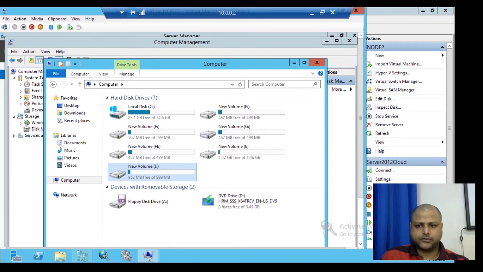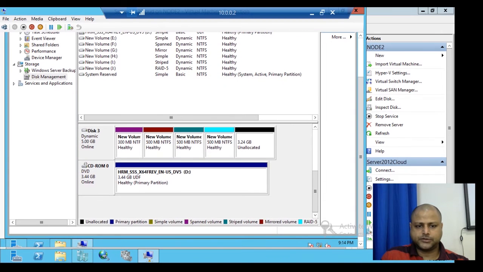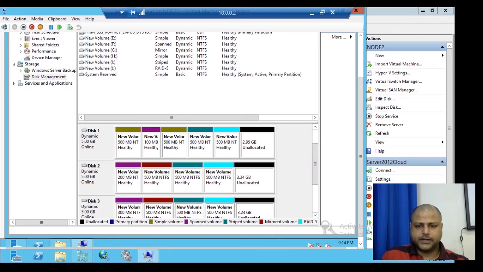So we'll go to the configuration part again, to Disk Management. So again we'll move to Disk Management. We can see here RAID 5 is already configured, and data has also been provided over here. So we can see that the data is already there. Here performance will be enhanced, but simultaneously it will also provide fault tolerance. So whenever a disk goes down, it will show that the redundancy will be occurring.